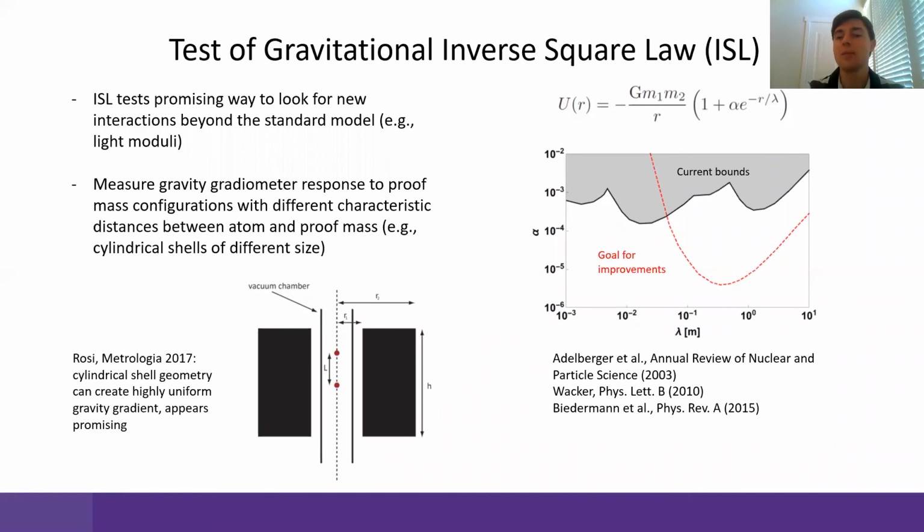There's good reason to think that an atom-interferometric measurement can improve on previous experiments because the high sensitivity of LMT interferometry enables the use of lower density source masses that can be characterized more precisely. This is important because density and homogeneity in the source mass was an important systematic effect in previous tests. So in this work, the plan is to use cylindrical shells of single crystal silicon as the source mass. The experiment will also benefit from its use of strontium atoms, which have a much lower magnetic field sensitivity than alkali atoms.